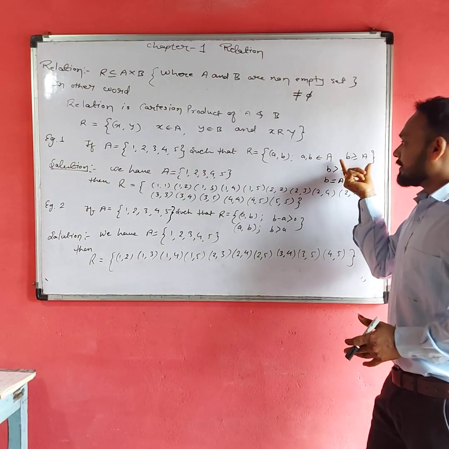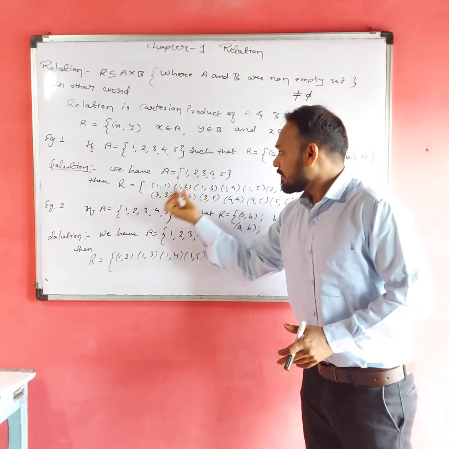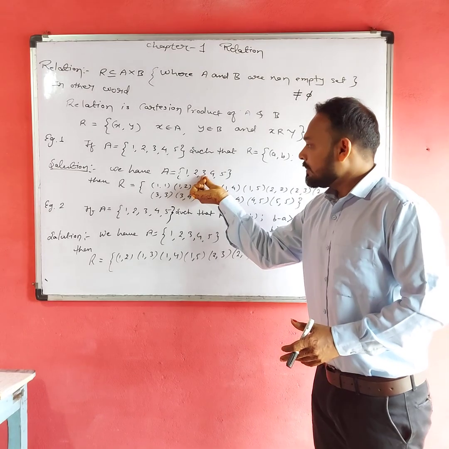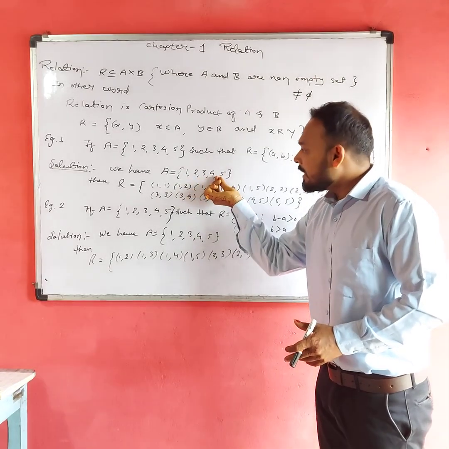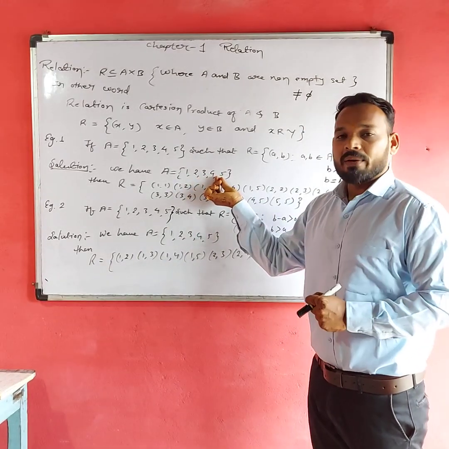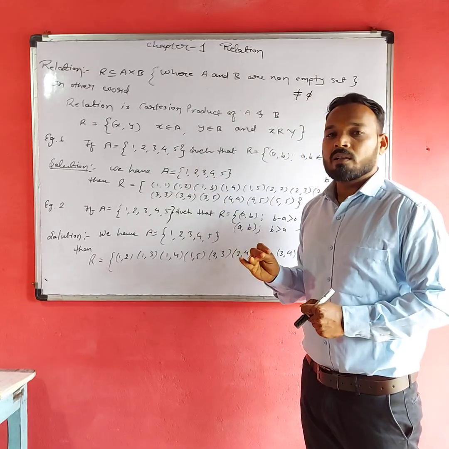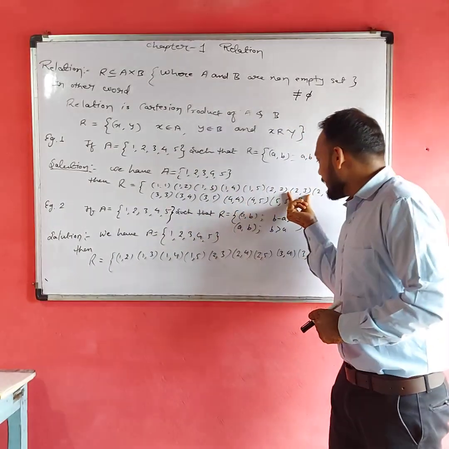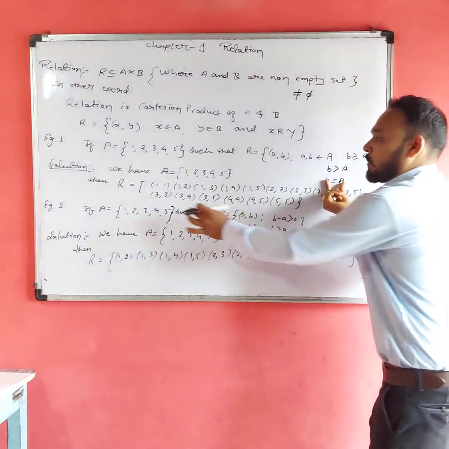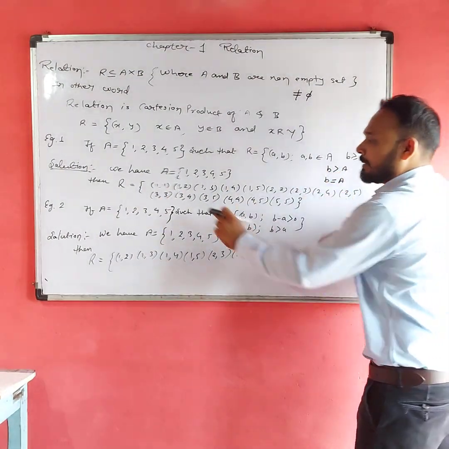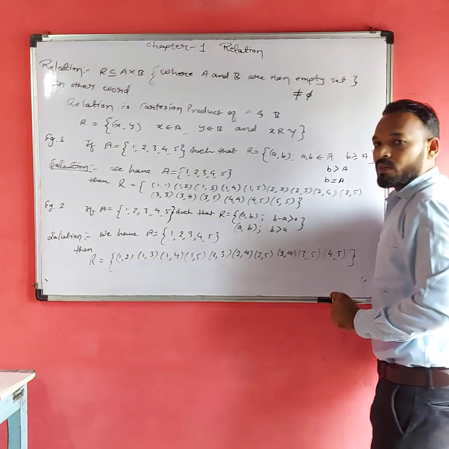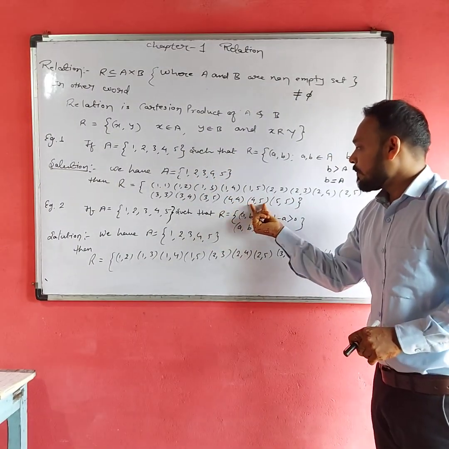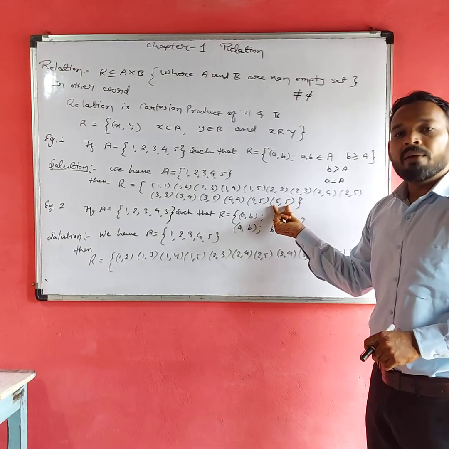It applies the conditions. Okay, third, 3 means we take the third element and it is related to 4 and 5, but not less than it, so not 2 or 1. Why? Because b is greater than or equal to a, means (3, 3) is the equal condition, and secondly b is greater than a, means (3, 4) and (3, 5). Similarly for 4, it is (4, 4), (4, 5), and last (5, 5).